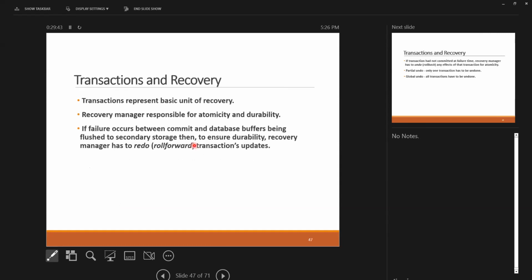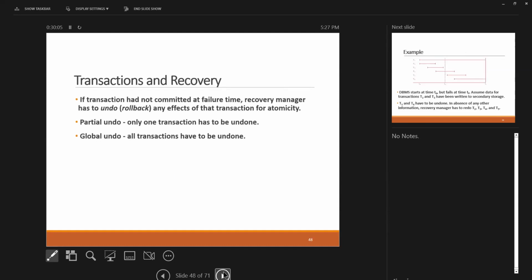With transactions and recovery, a transaction represents a very basic unit of recovery. So the recovery manager is responsible for atomicity and durability. If failures occur between commit and database buffers being flushed to secondary storage, then to ensure durability, the recovery manager has to redo or roll forward the transaction updates. If a transaction has not committed at the failure time, the recovery manager has to undo or roll back any effects of the transaction for atomicity's sake. Remember, atomicity is the all-or-nothing property. Partial undo: only one transaction has to be undone. Global: all the transactions have to be